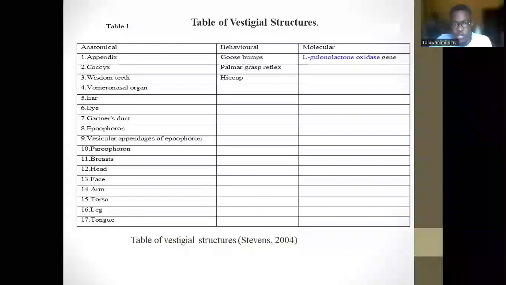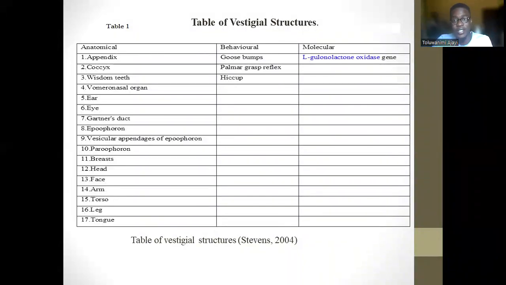We have structures like the coccyx. The coccyx is also called the tailbone. In monkeys, we have a long extended bone which forms the tail and helps them for motility and balance, right? In human beings, it has been compressed and absorbed into the vertebral column, but it is still not useless. Why? Because we found that the coccyx, the tailbone, serves as a very important anchor for important muscles that keep the body stable, right? And give strength to the pelvic area.